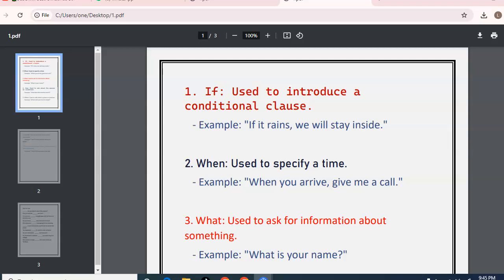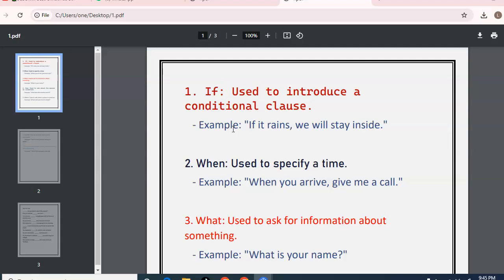It means one sentence should be dependent on the other sentence. If the first sentence is not completed, the second sentence will not happen. Okay, so this type of sentences in which two conditions are dependent on each other, in this situation, we use if. If something happens, we will do. If something does not happen, we will not do. This is the first thing.